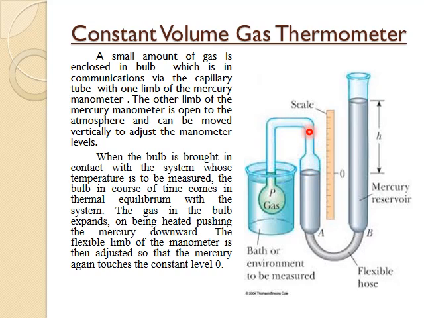So pressure is built up here, but the volume is constant. Before and after inserting, the volume of the gas is constant, but after inserting, the pressure has built up. This change in pressure will be used to measure the temperature. Once you adjust the mercury level to 0, the height difference between this level and this level will change. This change in height will be used to measure the temperature.